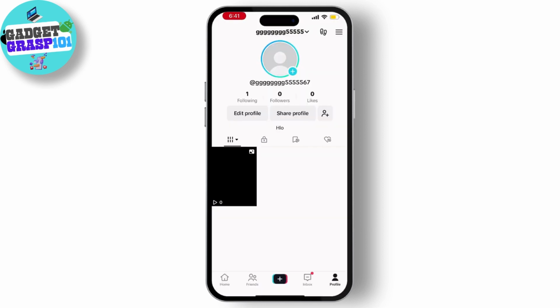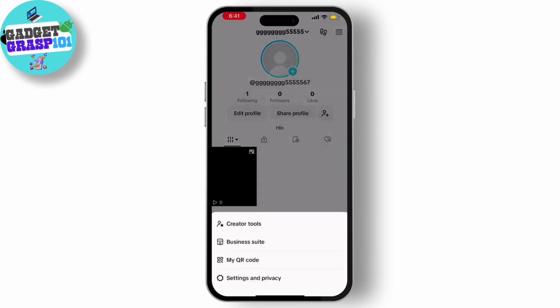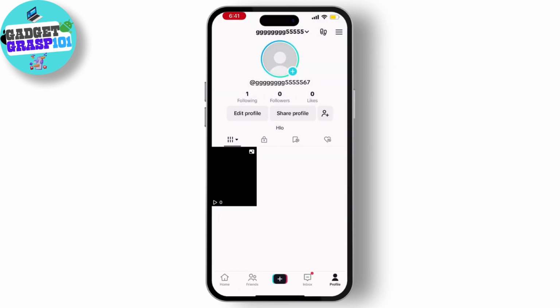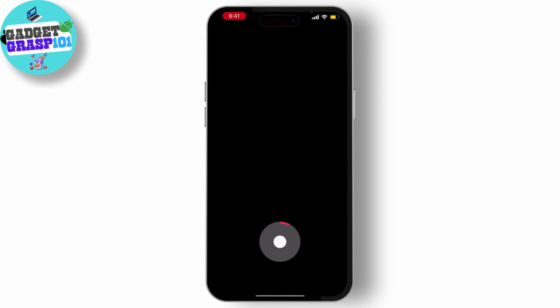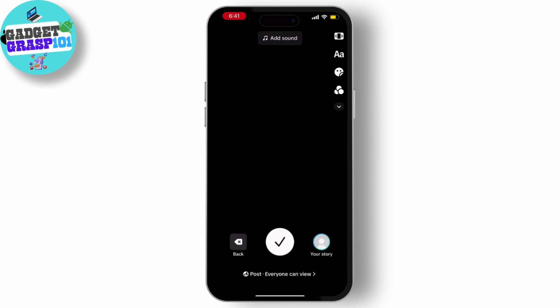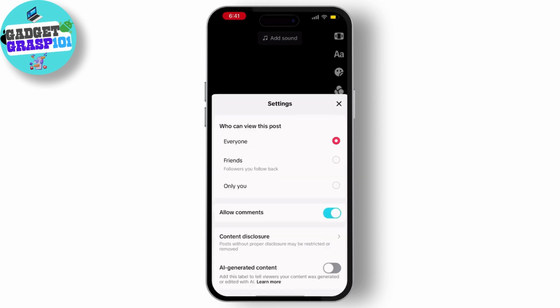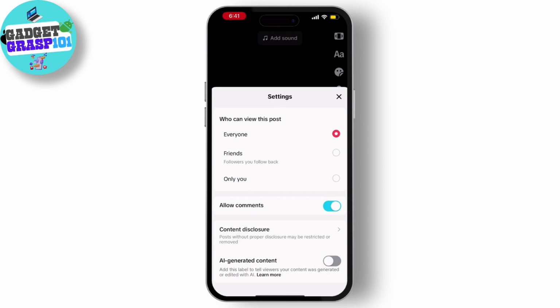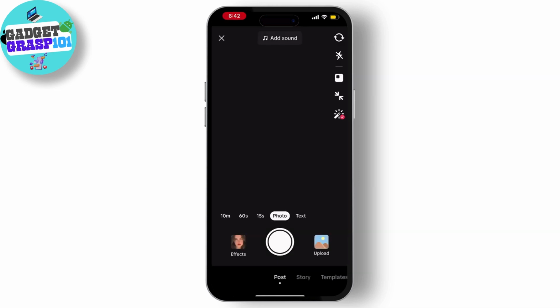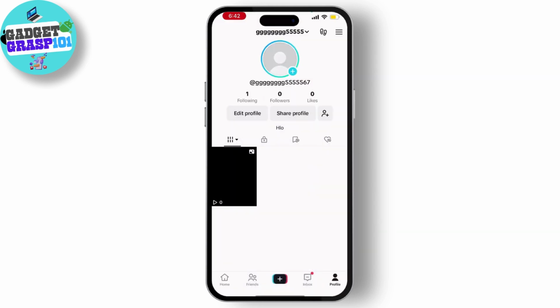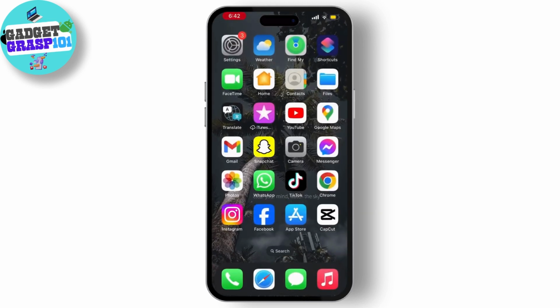If you have not used it, then you can use another video of ours to change TikTok account to business account. From there, record a video and then open the settings of the video. Then if you see the Allo Basket option over there, then you can simply add it. If you don't see that option, then it is not available in your region.